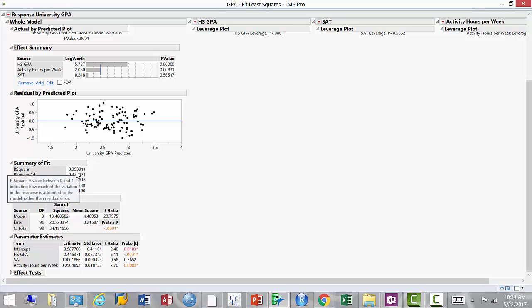So I'm kind of in between here. I'd say it's a decent model. It's not a super great model, but it's fairly decent. It explains about 40% of what's going on with my university GPAs. So the model is not that bad. But